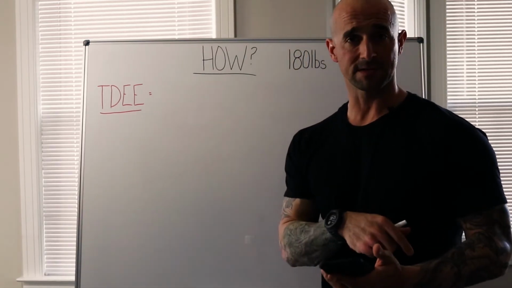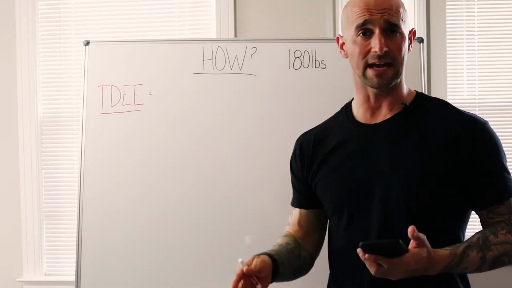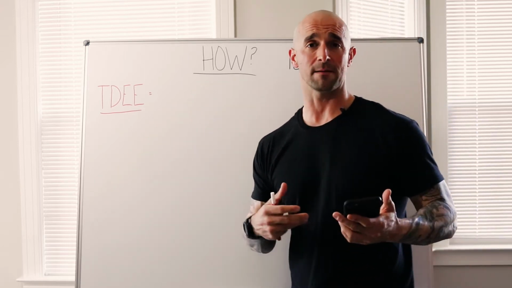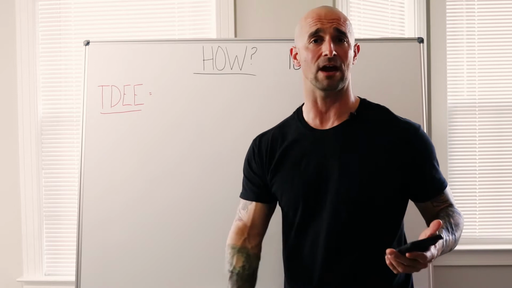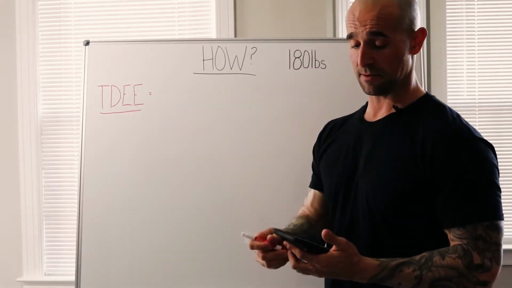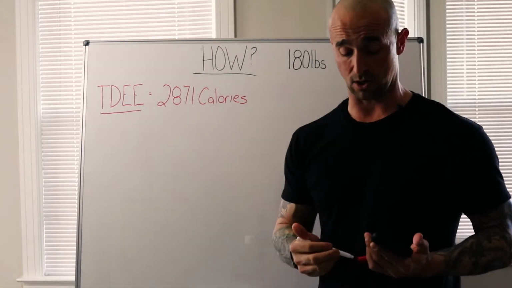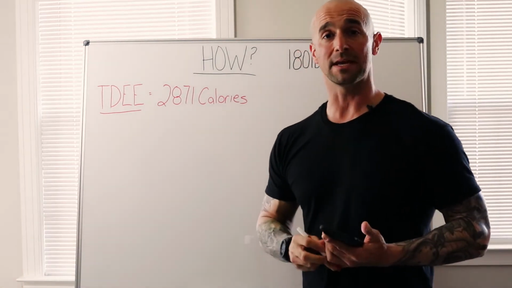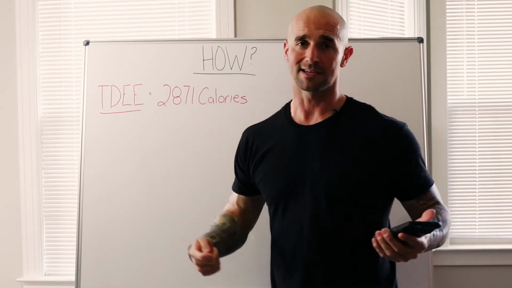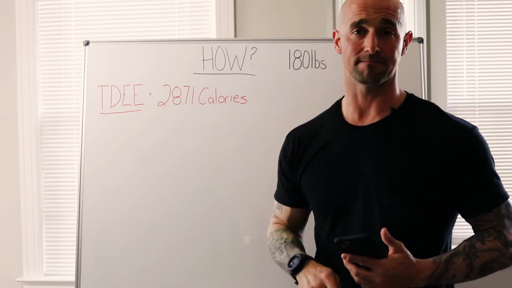It asks for body fat percentage, but it's optional. You don't have to do that because a lot of us don't know. You can guess, but more than likely it's more than that. I mean, let's face it. Even when you can see your abs, you can still be 15% depending on how you hold fat throughout. So with that said, it is giving me 2,871 calories. It's saying that's going to be my maintenance. Maintenance meaning that if I eat this every day, just 2,800 calories, I say just, but that's a lot of food, I'm going to stay the same amount of weight.